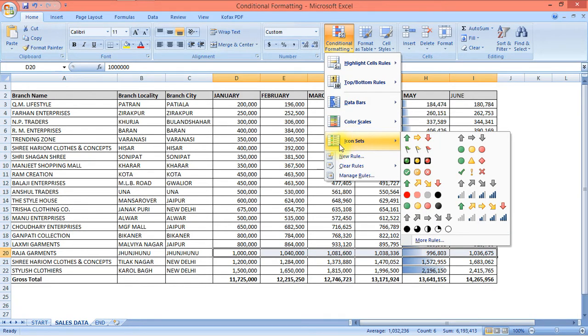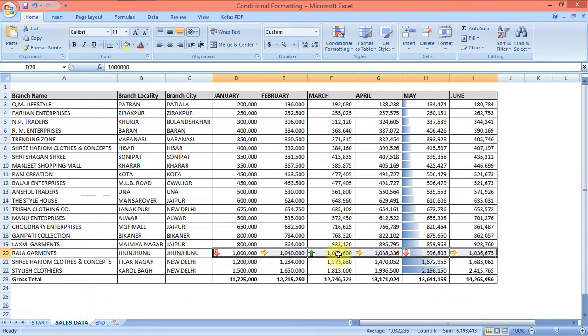In icon sets, we have these, which are generally used in the market. These icons are used in traffic rules and generally in mobile towers. I will use this basic one. With this, we can analyze that this is the month which is giving the highest sale, these 3 months are average, and these 2 months are giving the lowest sales. By this, we can analyze the data.